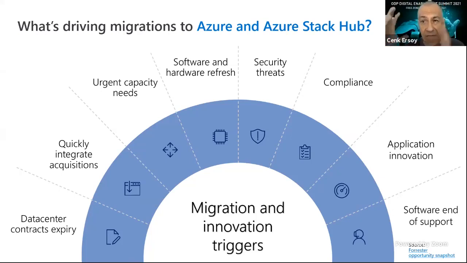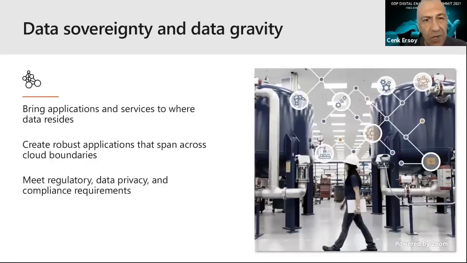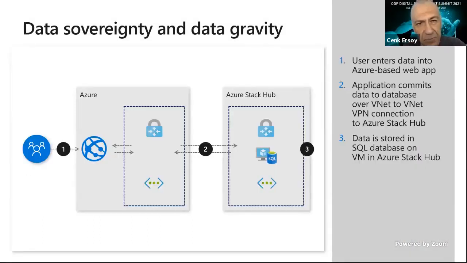So as I said, the Azure Stack Hub exists because customers would like to keep security in the country. They can carve up these services and use it, deploy their applications in the same manner that they would in the public cloud. It's completely adaptable. So one typical application is you keep your data on Azure Stack Hub, your database in Azure Stack Hub. You can still enjoy the services on Azure, which in this example is a web front end. So you can still tie the Azure services in the nearest Azure region to Azure Stack Hub.